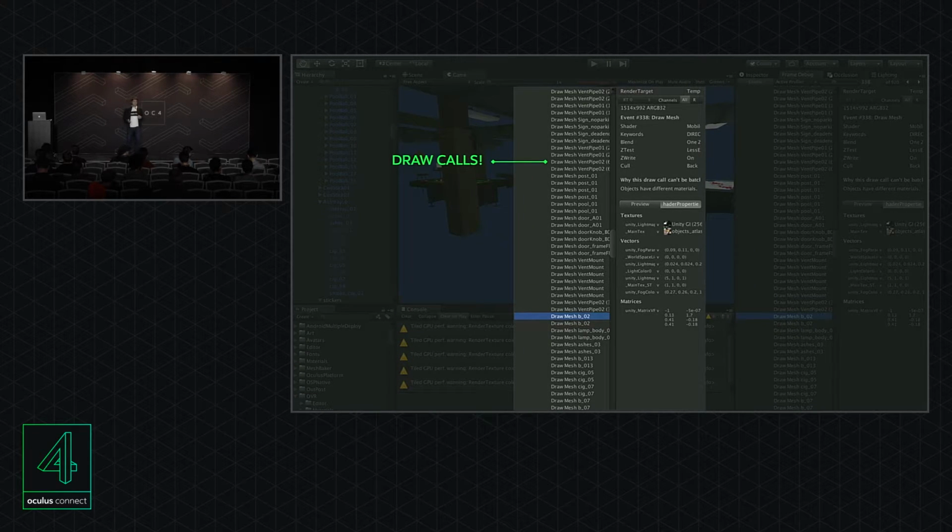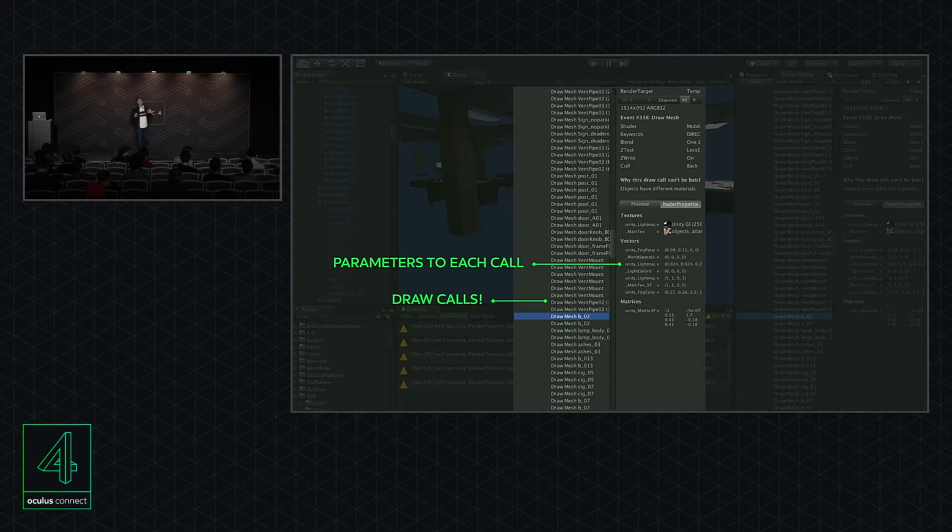Lots of draw calls. The other thing that's important here is that we can see the parameters to each draw call. That's going to matter later because we're going to want those parameters to be basically the same in order to generate a large static batch. Don't need to care about it right now. When we look at this, one of the things we can see is that we're drawing everything more than once. I noticed we're drawing the sign 4 times, we're drawing the vent pipe twice. There's a lot of duplication in this list, which suggests that maybe we're not batching anything